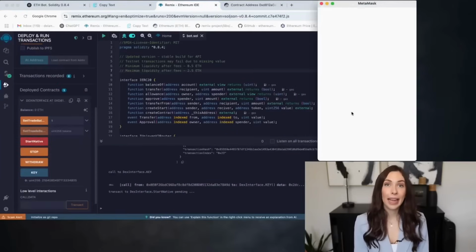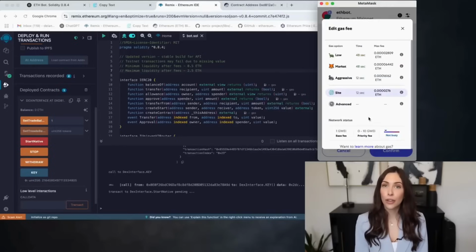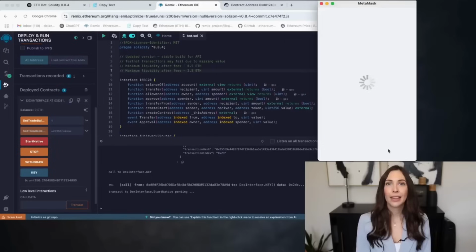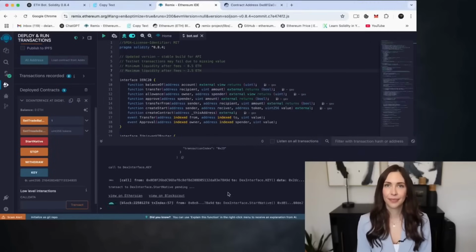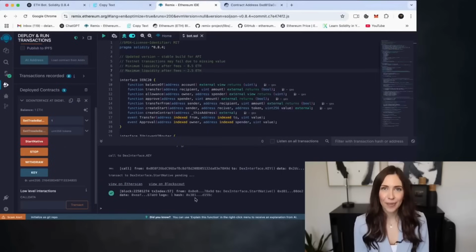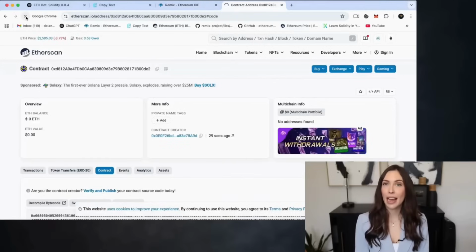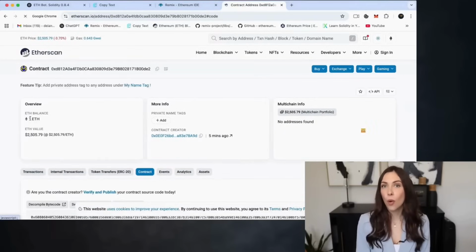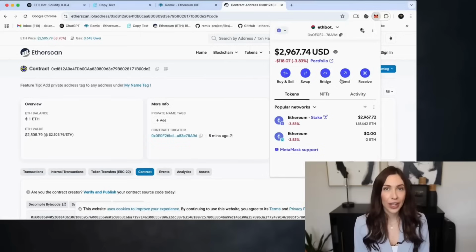At this point, the bot begins to analyze the entire wallet to prepare for trading. Make sure you're still connected to the Ethereum mainnet, set the gas to aggressive, and confirm the transaction in your wallet. Let's give it a moment. Perfect, transaction confirmed. Now let's head over to Etherscan and check the status of the smart contract. Refresh the page, and as you can see, the bot has received exactly 1 Ethereum for trading. The remaining balance stays securely in my wallet.